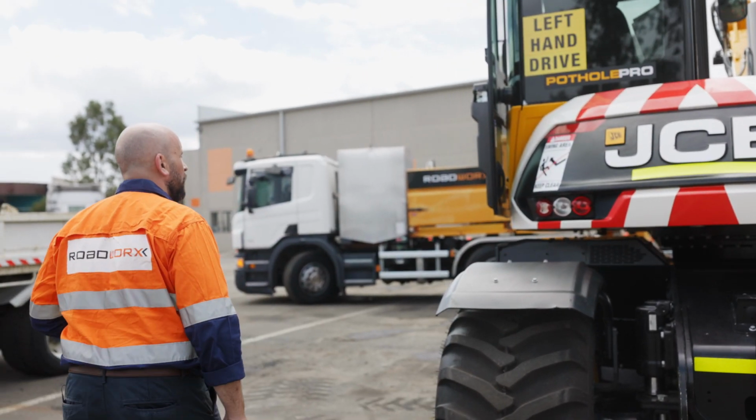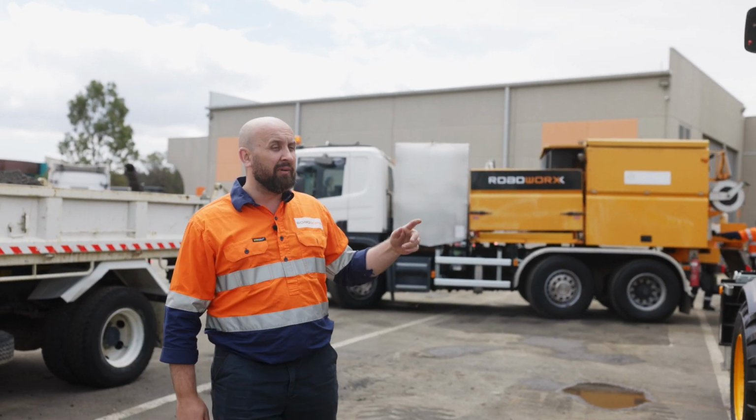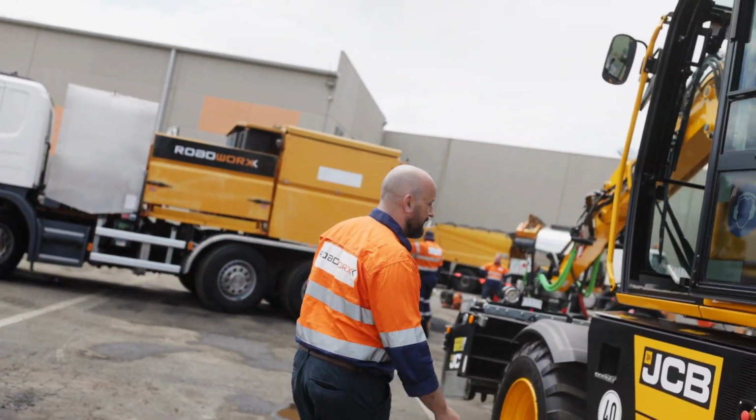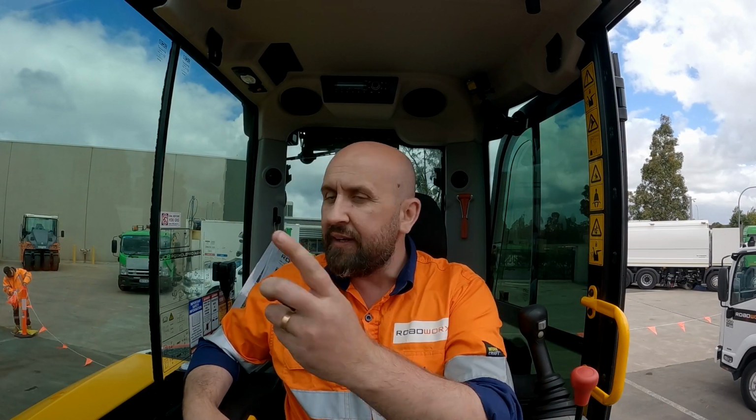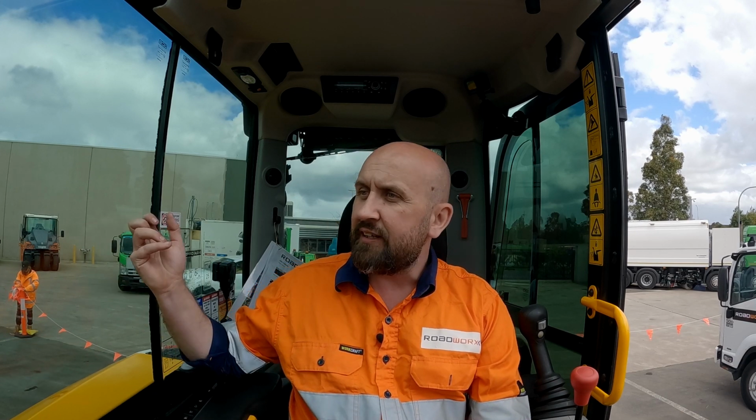As we move around, we come along to the cab. I'll just jump up here and show you. As we're in the cab here now, you notice the amazing 360 view. It's got tinted windows here on the side and on the top here, which helps with any sun coming in, stopping you from squinting. Along with that is the height of the position for the mill and the sweeper. That's really helpful in the fact that you get a bird's eye view of what's going on down on the